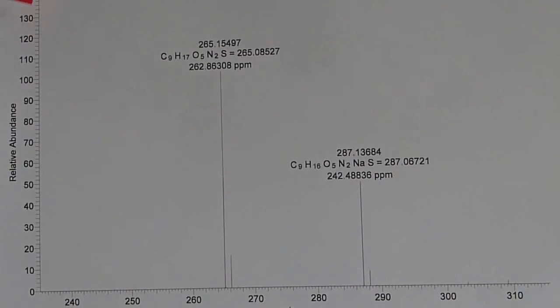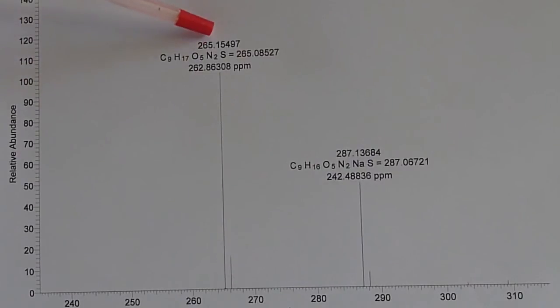And the third possibility was methionine-aspartic acid. Again, observed theoretical composition, theoretical weight, difference in this case 262 parts per million. And if we look at the sodium adduct, the difference there is greater than 240 parts per million. So, by examining the high-resolution mass spec data, we can eliminate oxidized methionine-valine and methionine-aspartic acid as possibilities for this